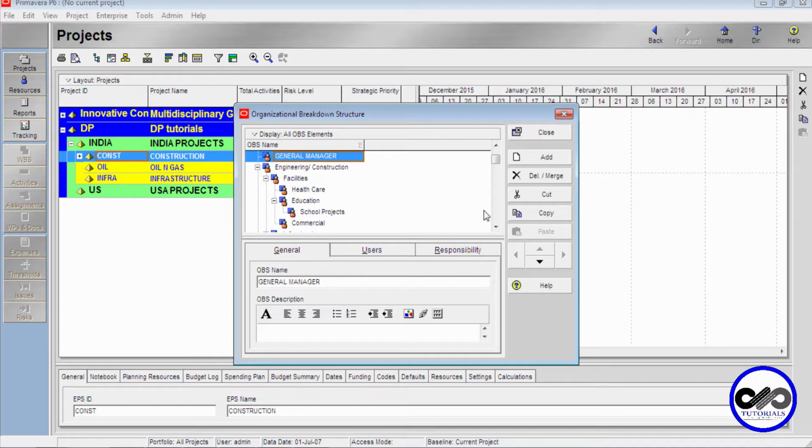Okay, under this I would like to add a further project manager. So I'm indenting it to the right side so that he reports to the general manager. Now under project manager I would like to add construction manager, indent to the right, add,